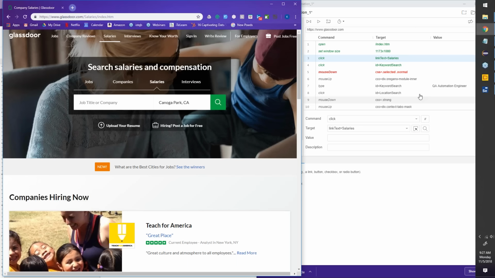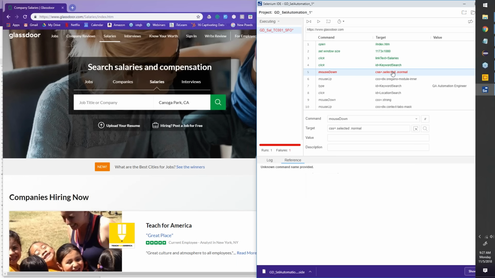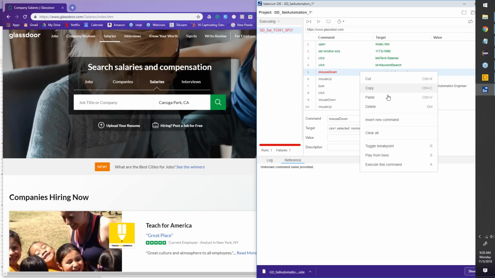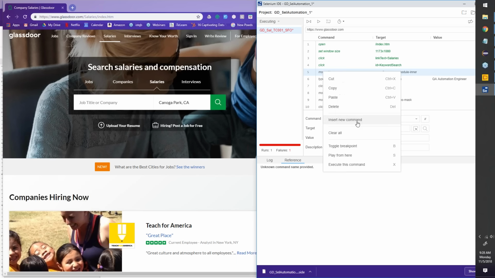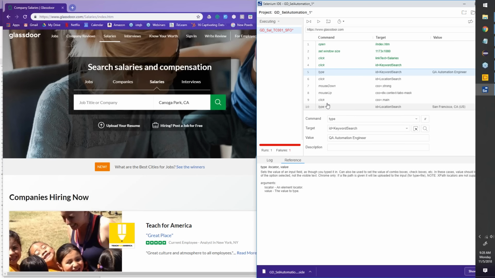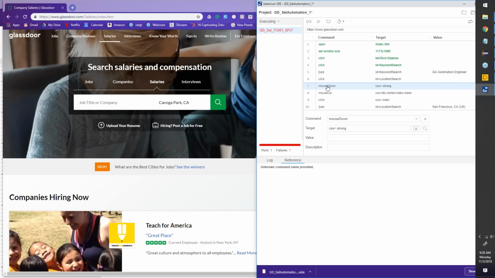That's good. Now it's saying mouse down and selected something normal, and this step failed, team. Did I actually do a mouse down? Maybe, maybe not. But this step, I think I can skip it. You can right click in Selenium IDE and delete that specific command or step. I want to delete this mouse down, and hence I will also delete the mouse up. I didn't do anything with the mouse, team. It was all click and type, right? So it has learned a little bit more than I wanted it to. And that's another challenge that I have.